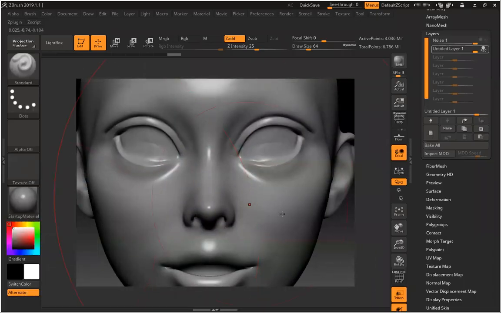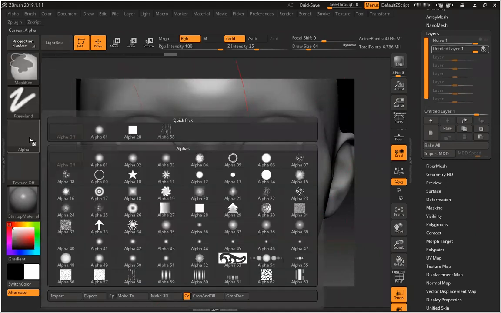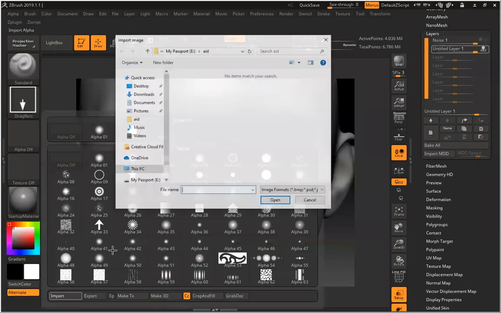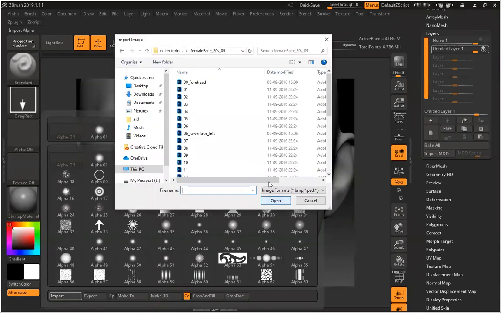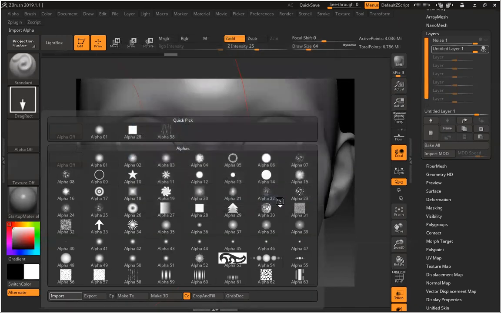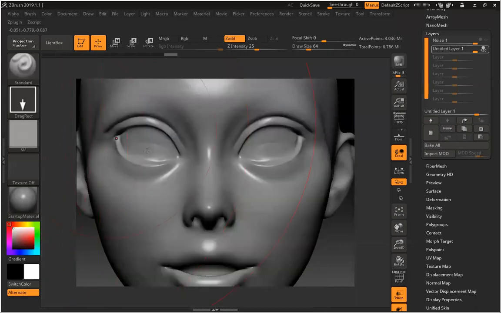This is my face. Standard brush, drag rectangle, Alpha, Import, Control V the path. Now I can see 7. I'll start from 7 and open. It will take a little time to load.